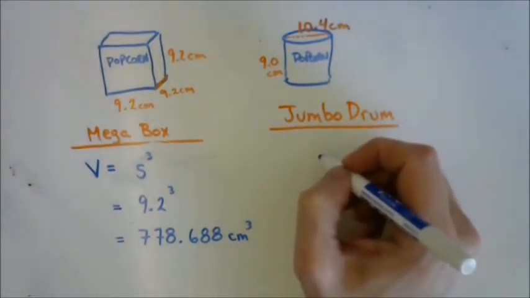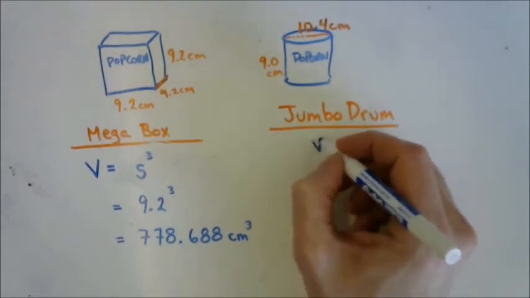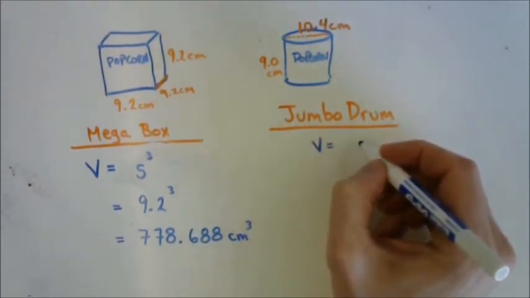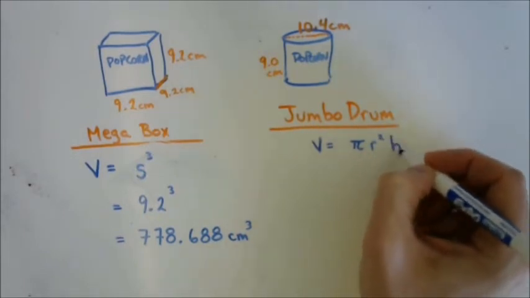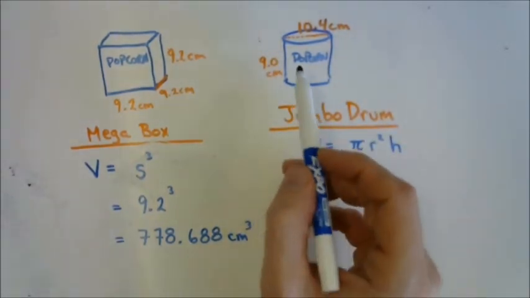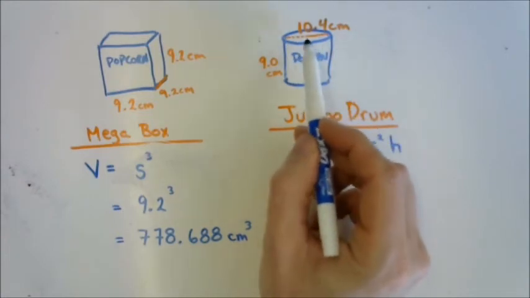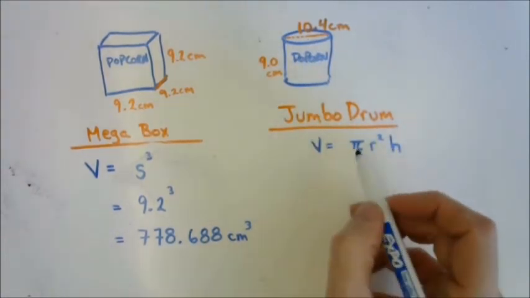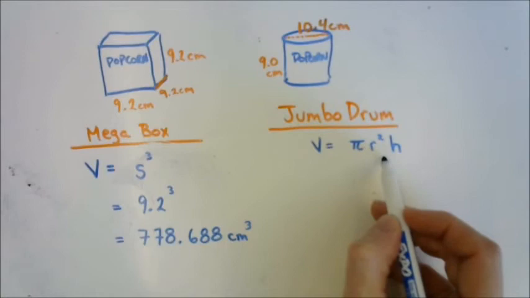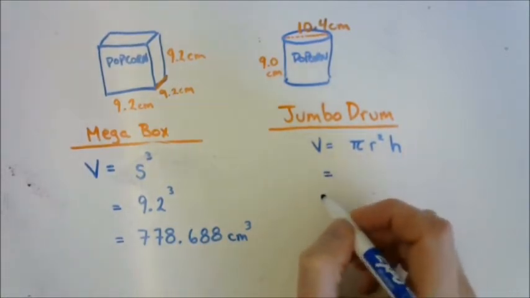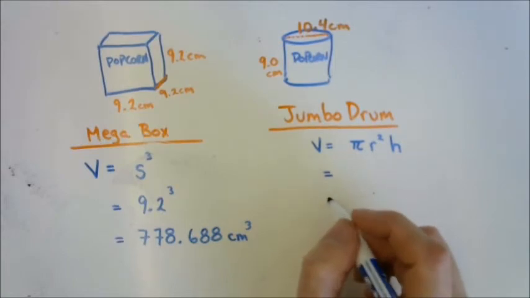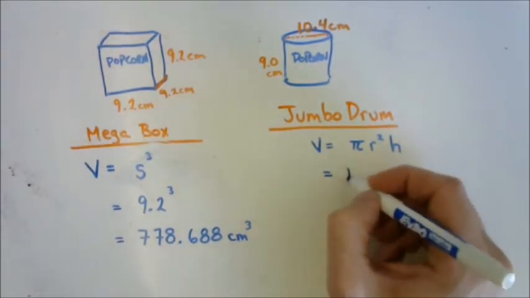Anyone know the volume of a cylinder? It's the area of the circular face times the height. So the area of the circular face is pi r squared times the height. We are given the diameter, so what do we need to do to that 10.4? Divided by 2. So we've got pi